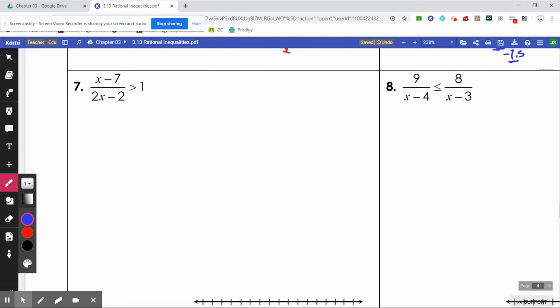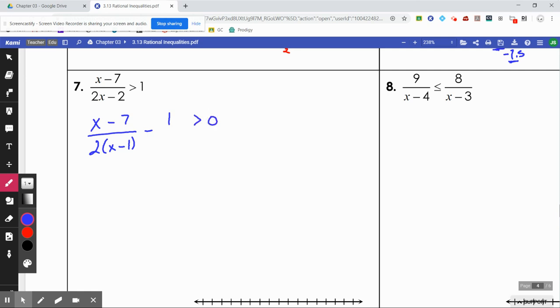Okay, number 7, we have a problem to begin with because we've always had greater than 0 or less than 0. So step number 1, you've got to move that 1 over. So we now have x minus 7 over 2x minus 2, which actually needs to be factored, 2 parentheses x minus 1